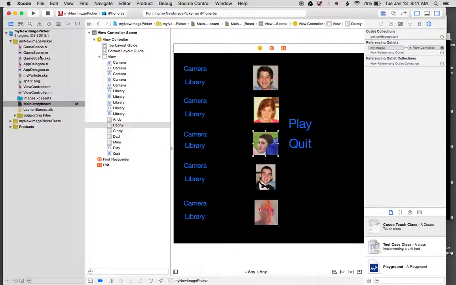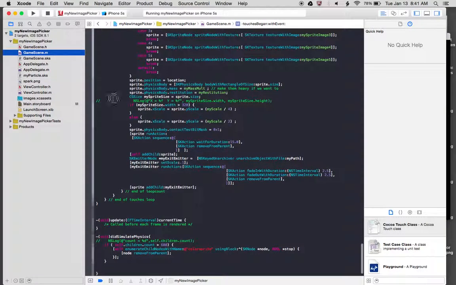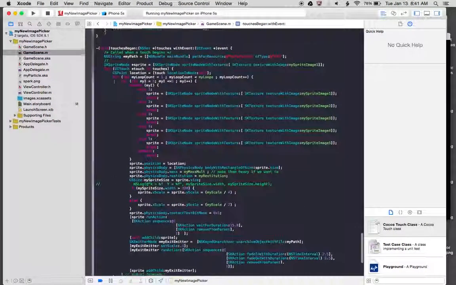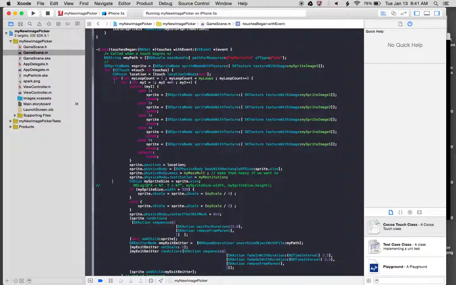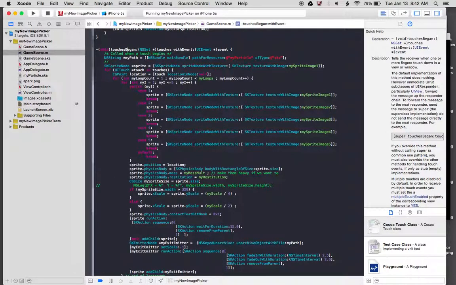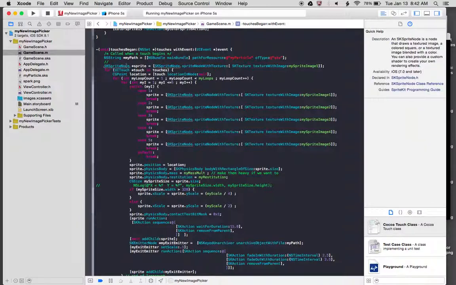Okay, so all the action here happens in the game scene, so let's go right to that GameScene.m, and to the section where we drop these sprites in. In the loop that's provided to us in the sample code when we create a new Sprite Kit game, there's this touchesBegan loop. And inside that loop, that's where the spaceship gets dropped in. So we're just inside this loop going to create some sprites, some SKSpriteNodes